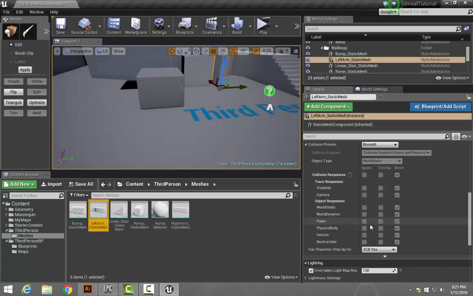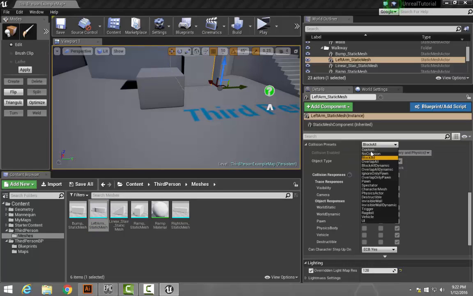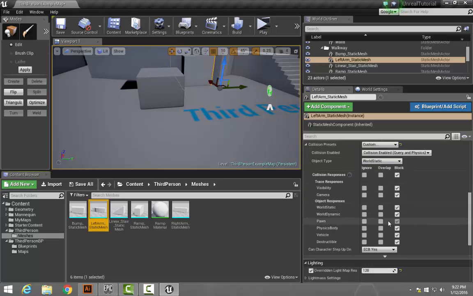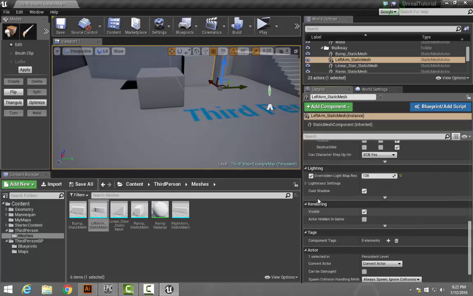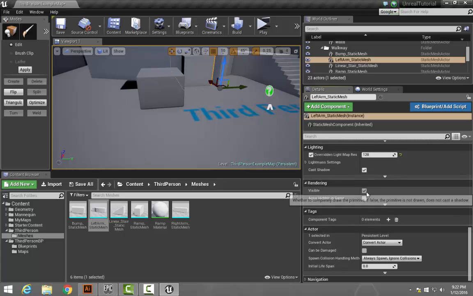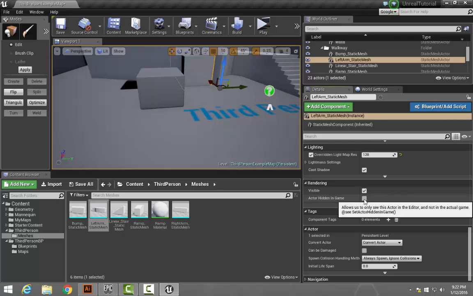If you don't want to interact with the pawn, you could actually turn off this block all and go to custom and say don't interact with the pawn and turn that off. It'll ignore it. And there's a whole bunch of other things in here. Rendering is important. Is it visible in the world? Is the actor hidden in the world? So there's different ways to use it. You can toggle visible and you can set hidden